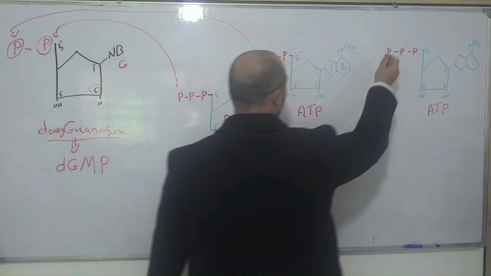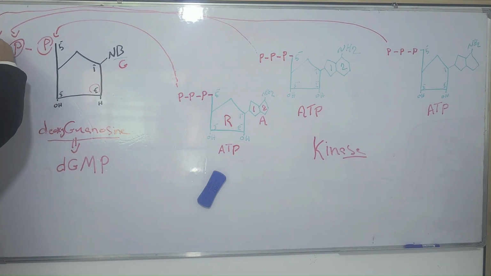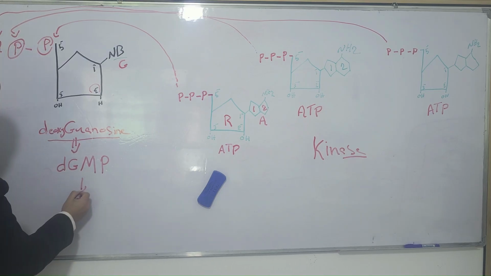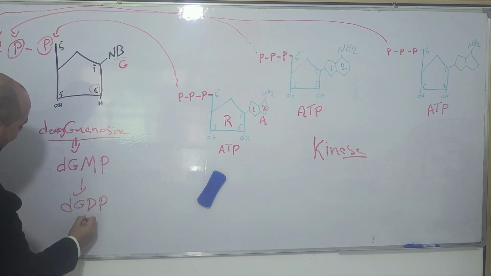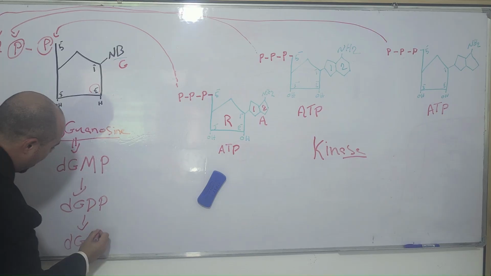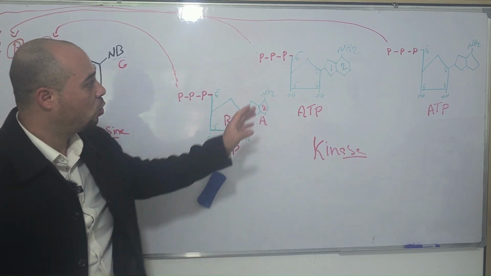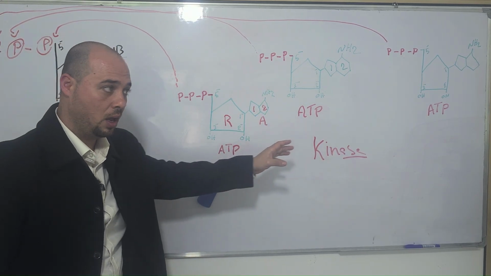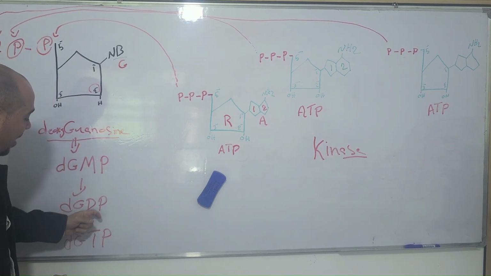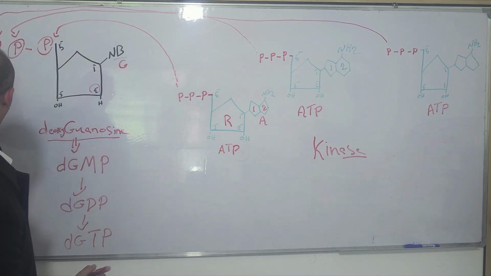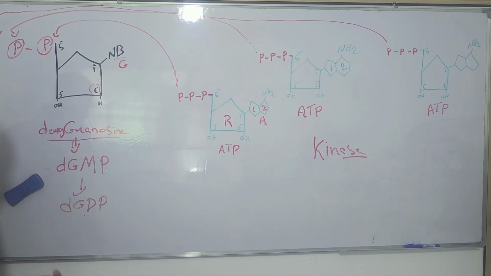What about the third phosphate? The same idea. We take it from here via an enzyme and we insert it here. When we had two, it was called deoxyguanosine diphosphate, and when we have three, it's going to be called deoxyguanosine triphosphate. Now, what's the name of the enzyme that took that last piece, the third phosphate, and put it right here? It's going to be called deoxyguanosine diphosphate kinase. Why? Well, because at the time, the target only had two phosphates, and the target was deoxyguanosine diphosphate. So, a kinase